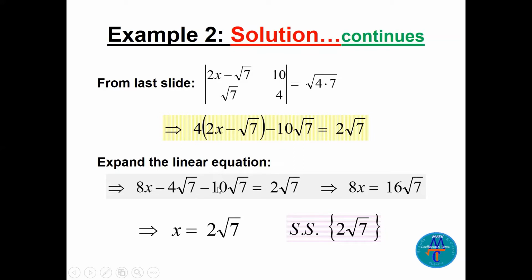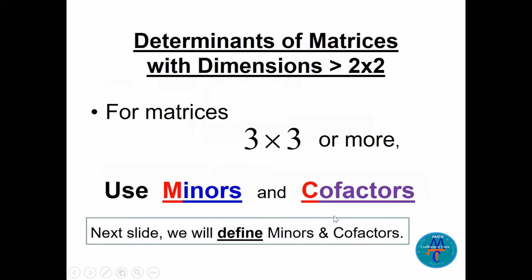So 8x will be 16 square root of 7 divided by 8. X will be 2 square root of 7. Easy question. Now,